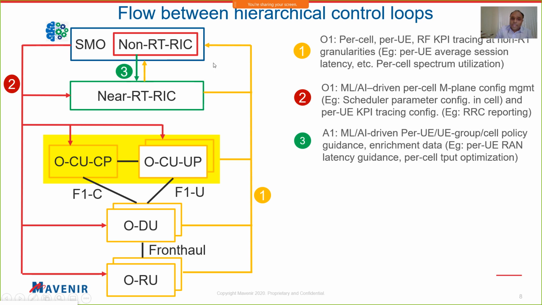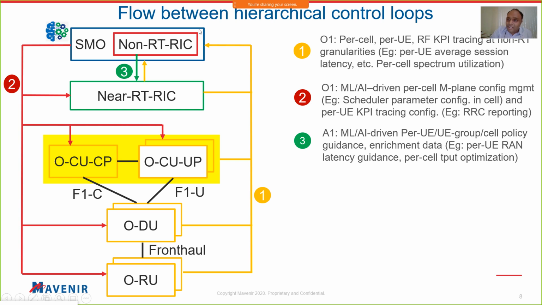Now, using the data that the SMO receives in step number 1, the non-real-time RIC builds some machine learning and AI models based on offline training, and it sends some declarative policy guidance to the near-real-time RIC. What is a declarative policy guidance? It enforces policies for the RAN optimization that is performed at the near-real-time RIC. Some examples of declarative policy guidance include